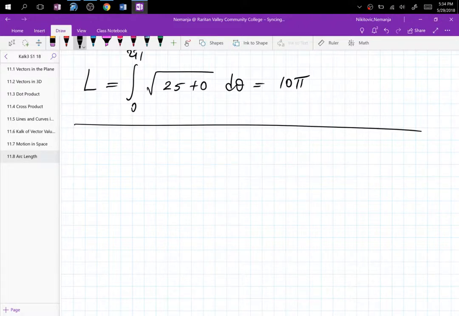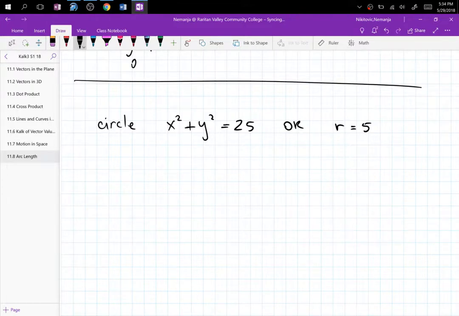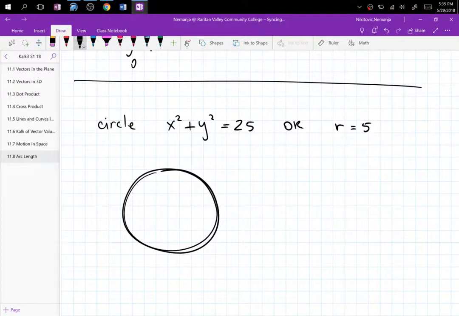Now, I just want to talk briefly before we move to something else. Well, we'll do 2 examples from here. If you are still confused on the polar realm, a circle can be written as x squared plus y squared equals 25 in the rectangular units, or it can be simply put as r equals 5 in polar. It's the same picture no matter which way you look at it. But now there are some severe restrictions that you have with xy rather than